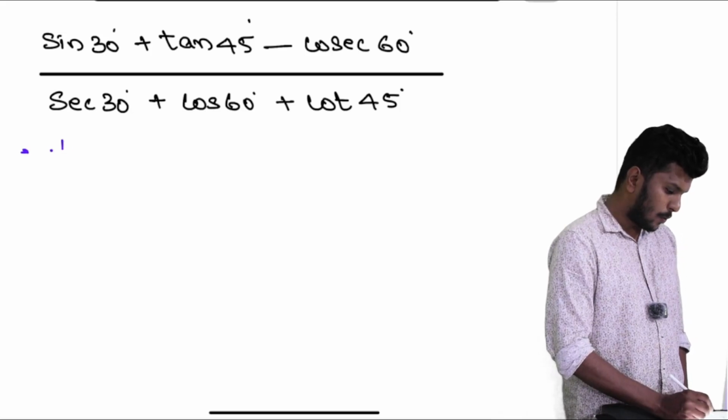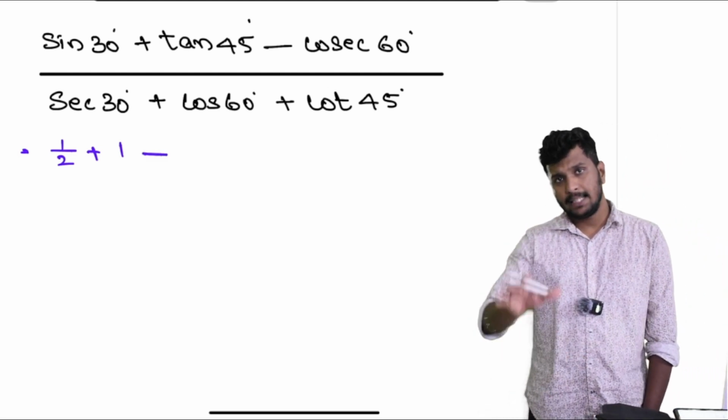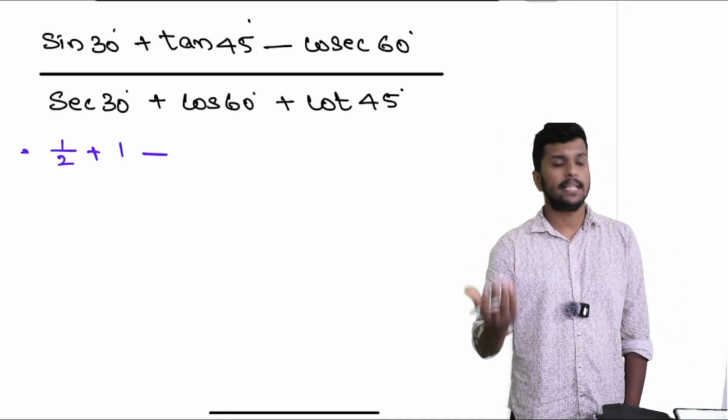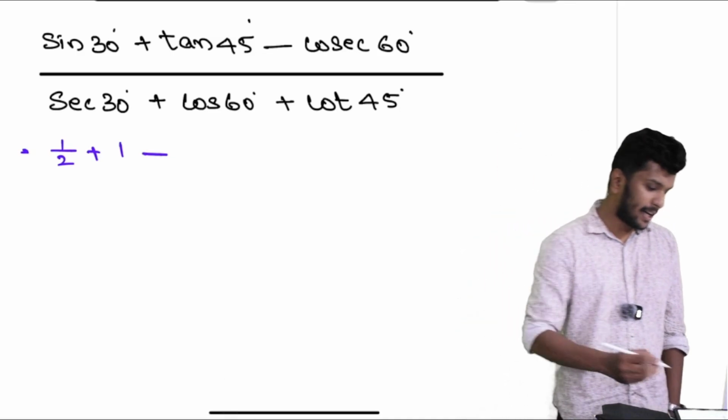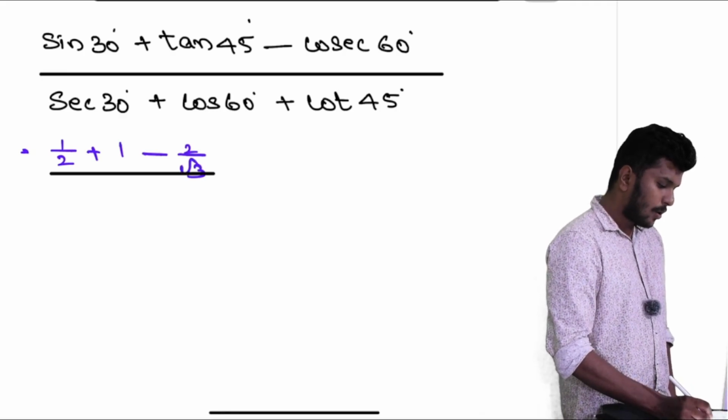We have sin 30 as 1 by 2, tan 45 as 1, minus cosec 60. To find cosec 60, think about sin 60. Sin 60 is root 3 by 2, so cosec 60 is its reciprocal, 2 by root 3. So minus 2 by root 3, whole divided by